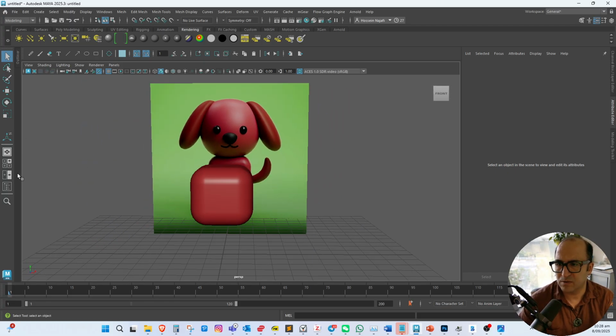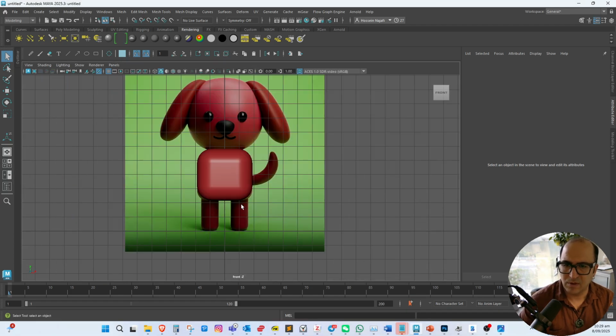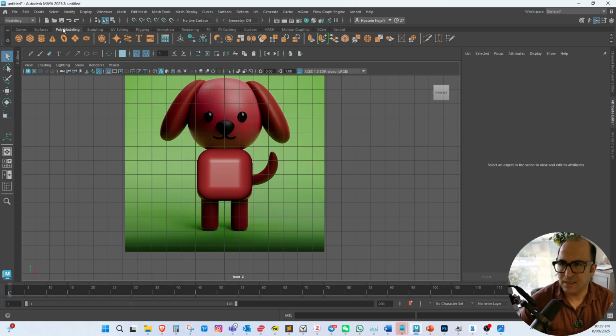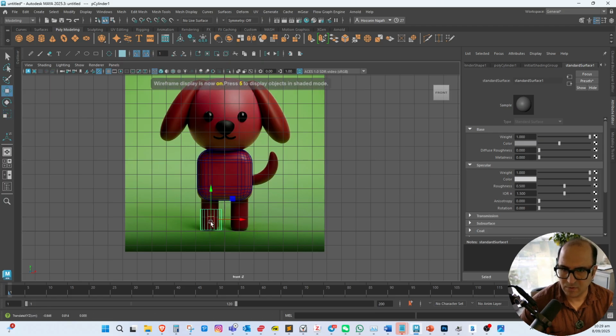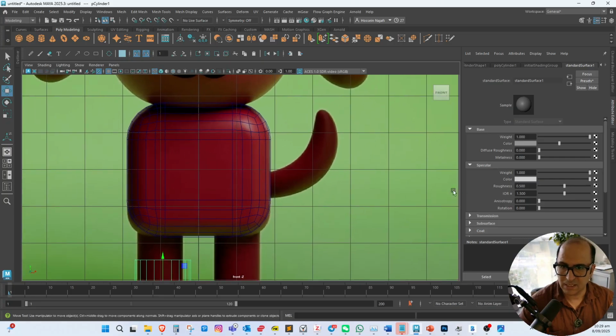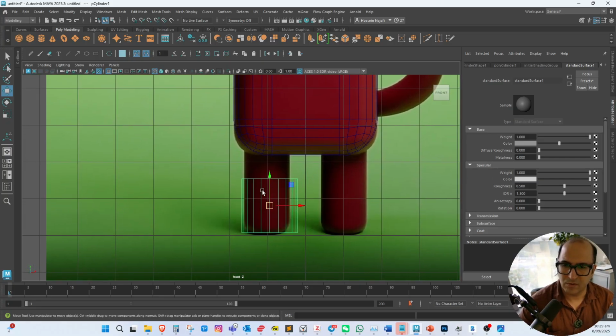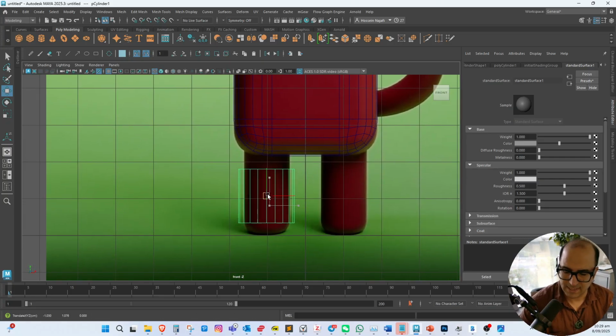So if I go to the front view, if I add one cylinder, that's a cylinder. If I press R on the keyboard, make it smaller, move it, I'm going to press 4, and I'm going to hold Alt and right click. If you remember, this is navigation, and then adjust the length of the